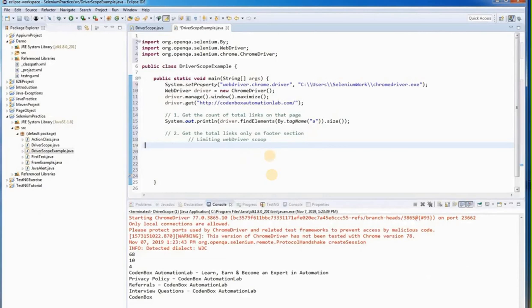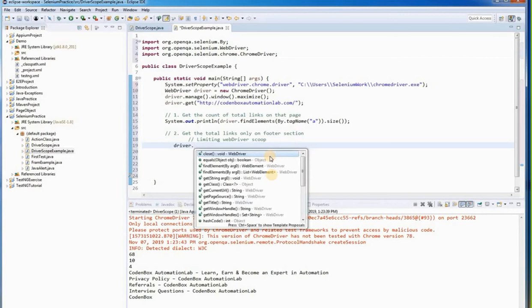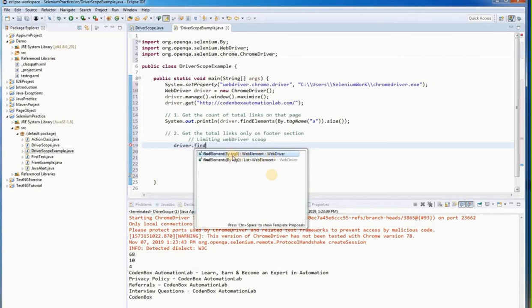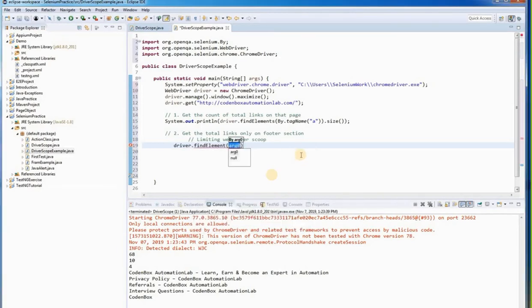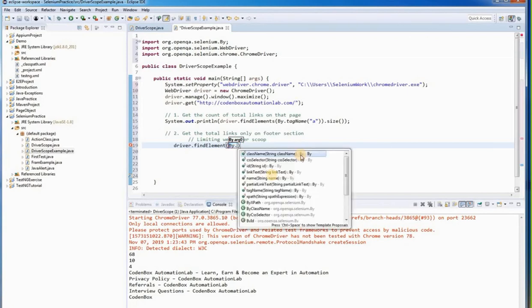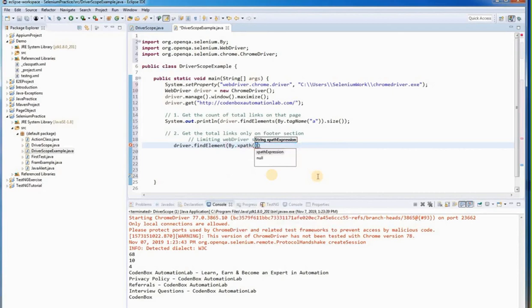So let's create. Driver dot find. This time it will be element because we're locating one object, which is the footer. Driver dot find element by dot xpath, and then we'll use